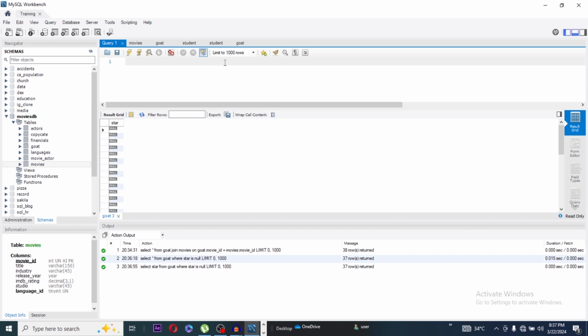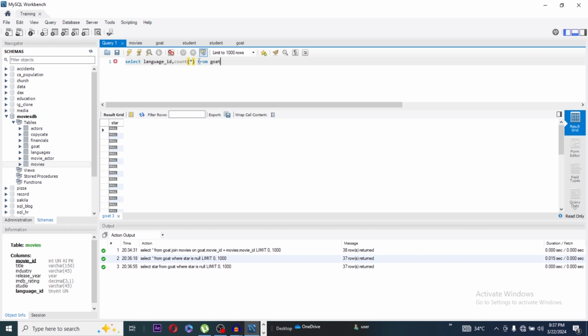To use having, let's use select language underscore ID, comma, then count. Count is a function. Count what? Count all from GOAT,